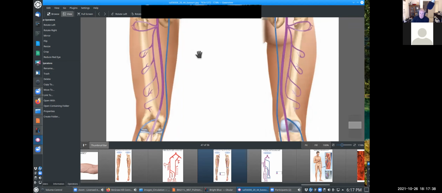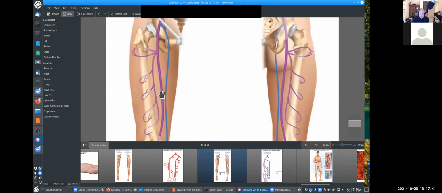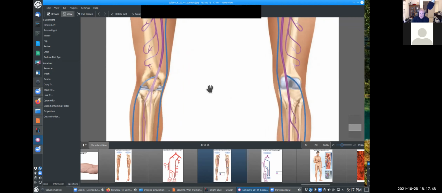The other ones that are superficial that you can actually see, because this disappears deep into the leg here, are the greater saphenous